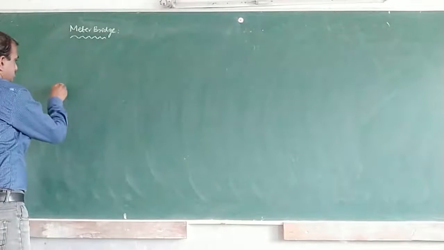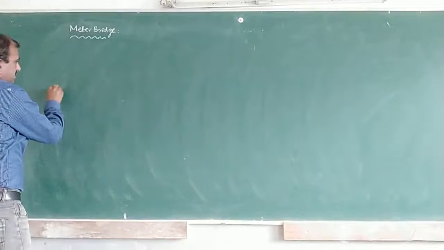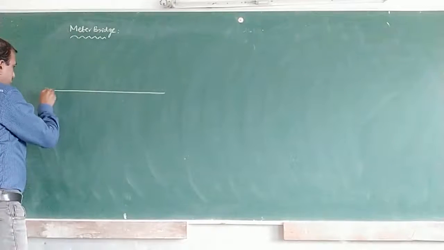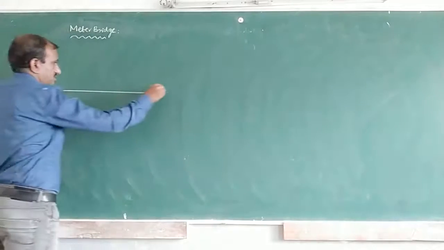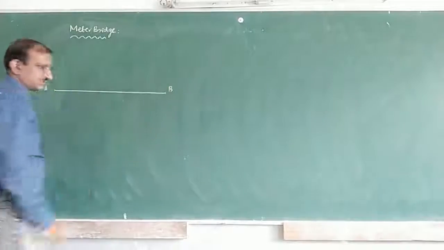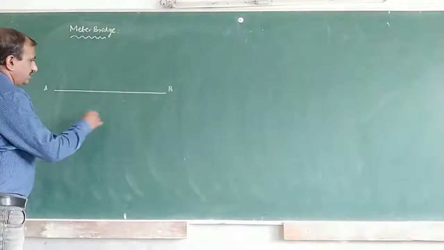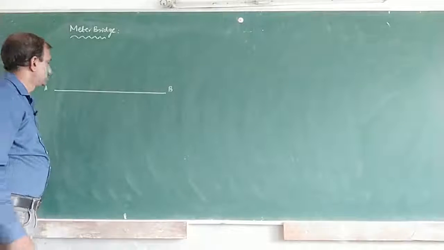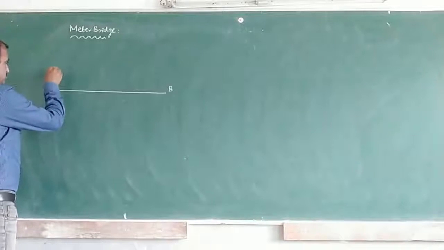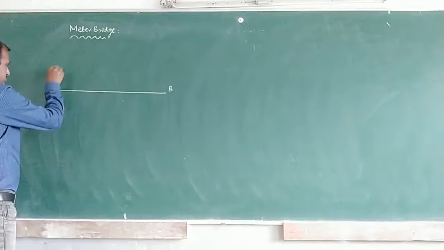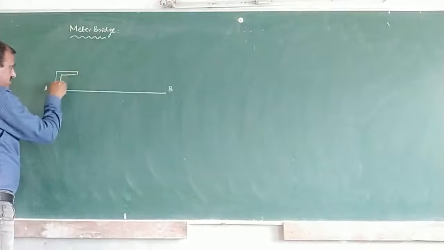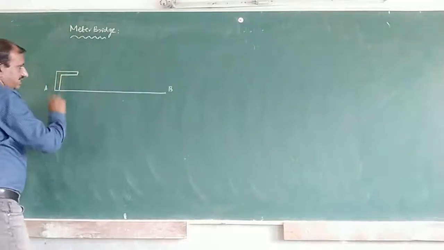A meter bridge consists of a wire of length equal to 1 meter stretched between the 2 points A and B of a wooden board. Below the wire, a meter scale is fixed to measure the balancing length. At the 2 end points, 2 L-shaped metal strips are connected, at the two ends of the meter bridge.